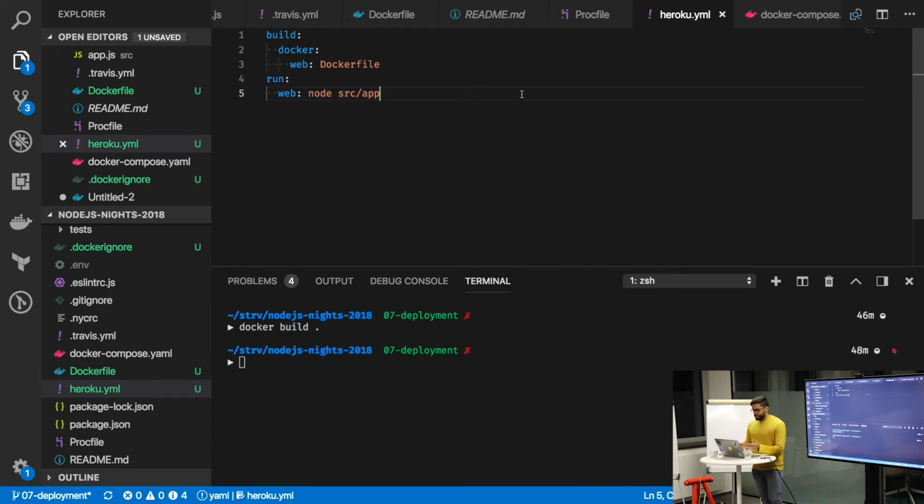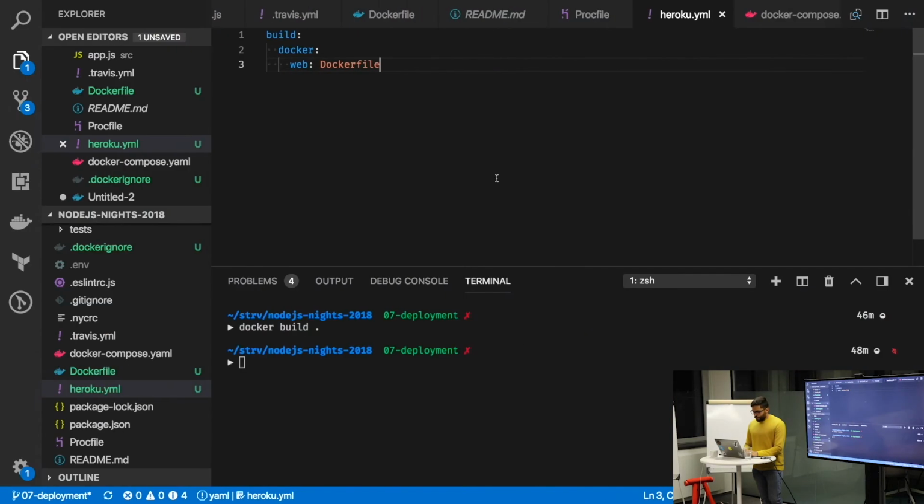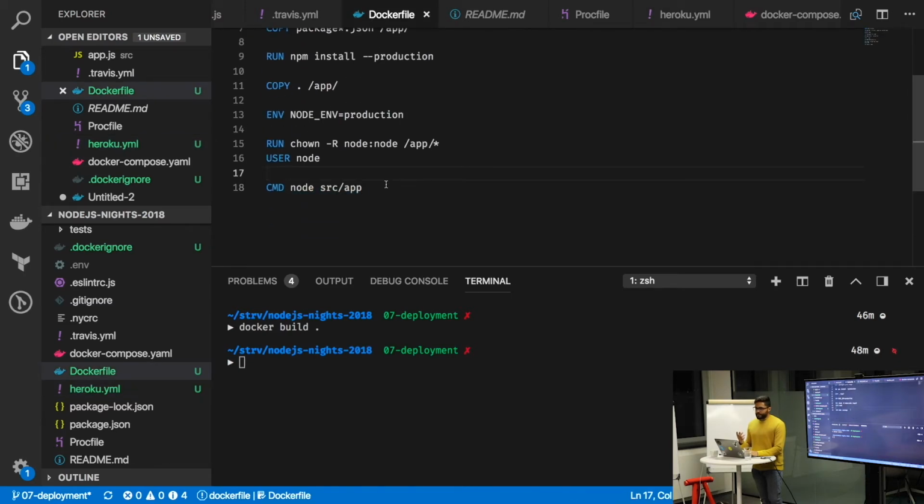We can make this. It will be okay. It will work. But the thing is, it's already specified on the Docker, so this is completely optional. So far on the Docker container, this is production ready, but there's one important step missing, which is the